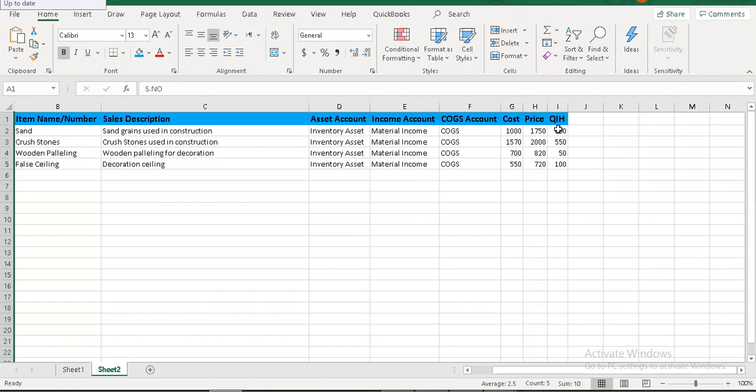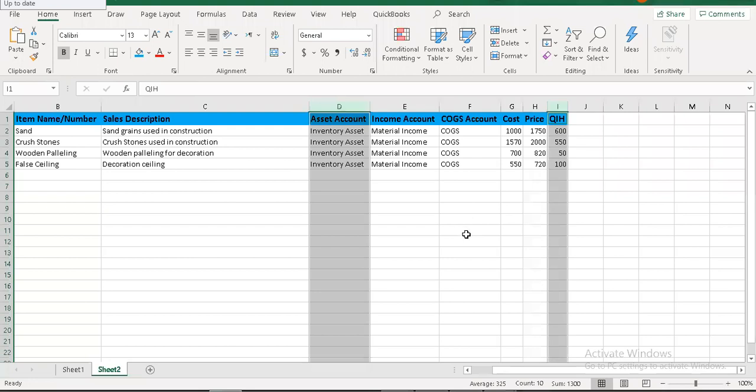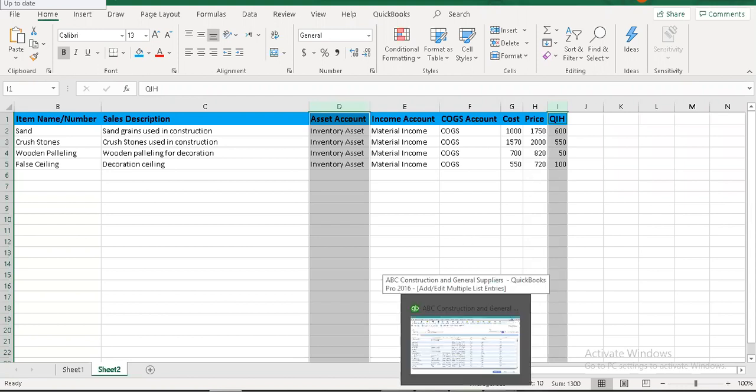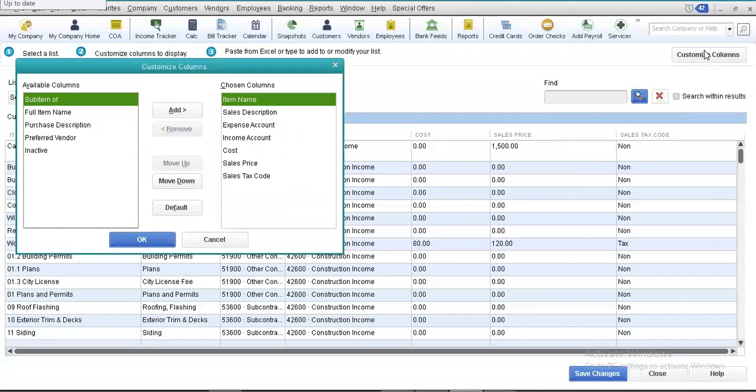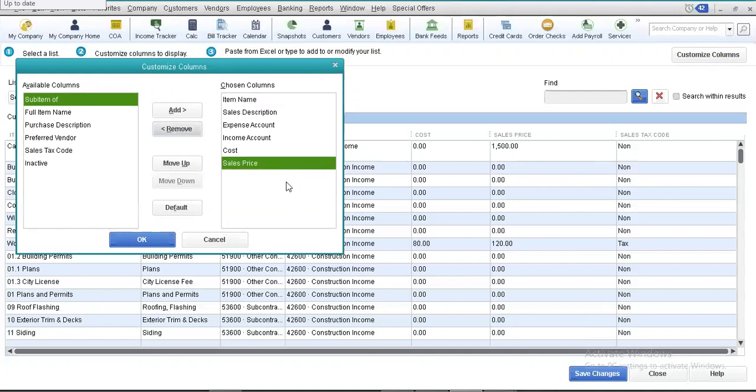Then we have a quantity on hand column. Now, my dear friends, we do not have two columns appearing in QuickBooks. All right. And all other columns, the remaining columns, we do have over there. So how can we enter some customized fields over there? First of all, we must find out whether we have these items available in the available column list or not. Since we do not have them, this means that we have to create some customized columns. All right.